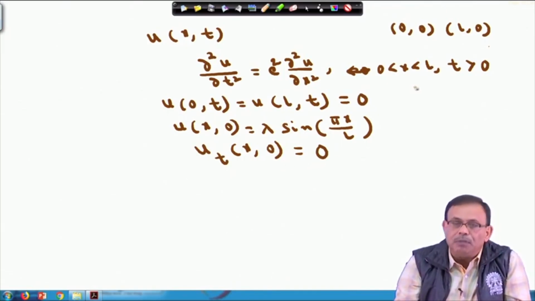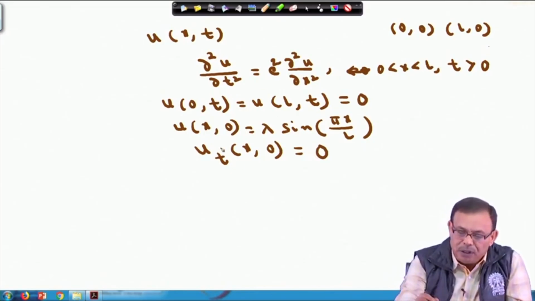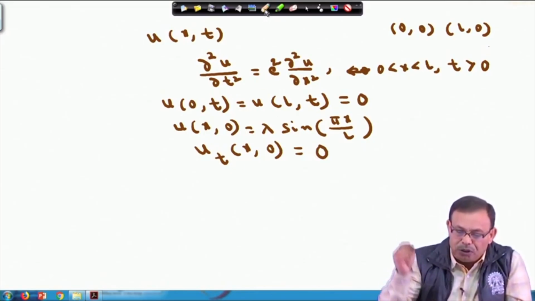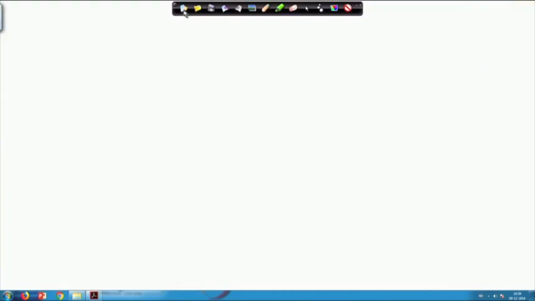Now, if you see the problem, I cannot take any transform technique with respect to x, because x varies from 0 to L. Only t is greater than 0. Since t is greater than 0, I can solve it in some other ways also, but let us solve this problem using the Laplace transform, because u(x,0) is given, u_t(x,0) is also provided over here. So, first I formulated the problem, now I try to find the solution of this particular problem. You apply now